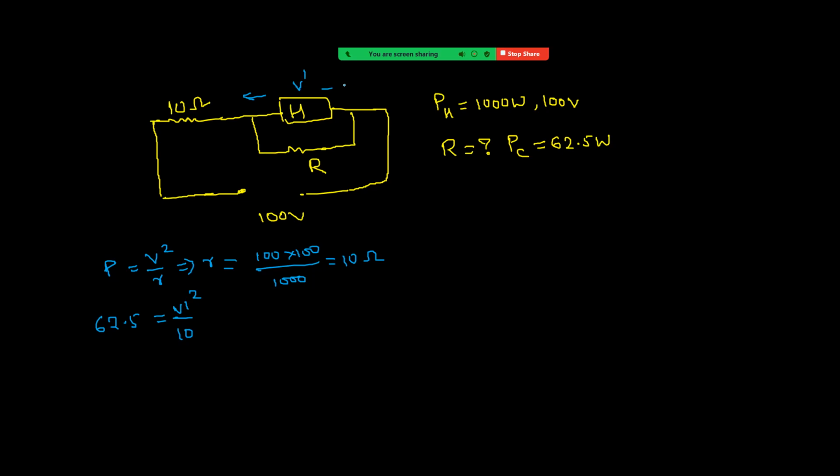This potential difference. Okay. Then see how much we get. V dash square equal to 625. So V dash is 25. That means across this combination, if potential difference is 25 volt, then this will consume a power of 62.5 watt,